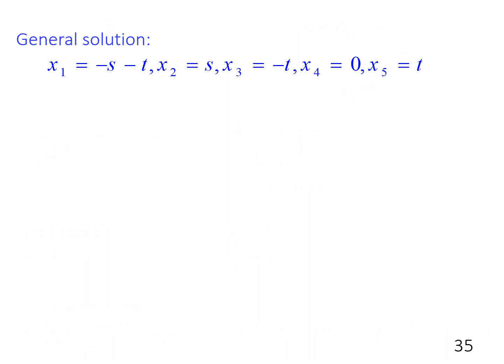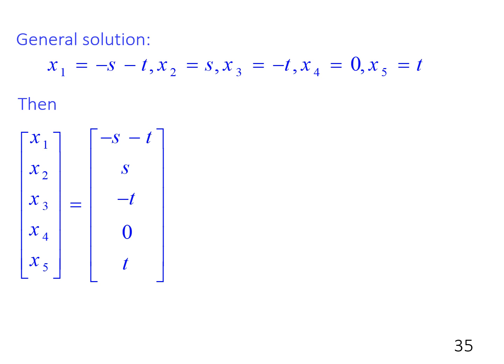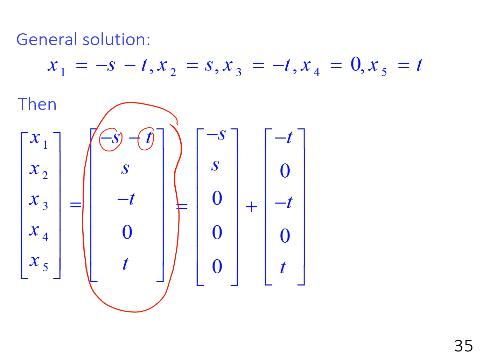Okay, so from the previous step, we get this general solution as follows, and then we rewrite this general solution as an equation of column vector. Okay, so on the right side of this equation, the entry have two parameters s and t. So on the right side, we rewrite it as an addition of another two column vectors as follows, where the